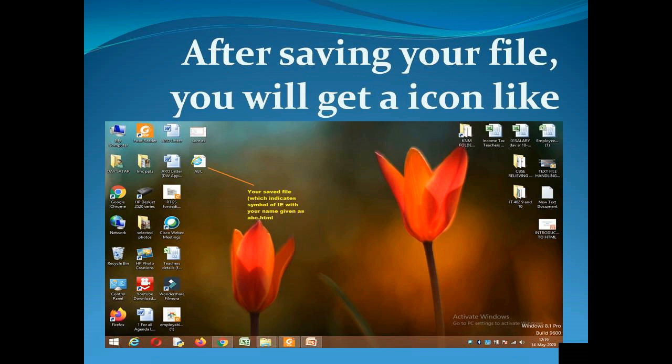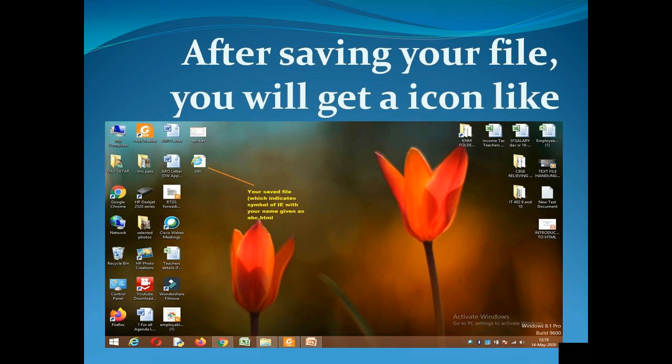Look here, after saving your file, you will get an icon like this, the icon of Internet Explorer, along with your file. In my case, the file name is abc.html. You can save in your own name also, but the extension name must be given.